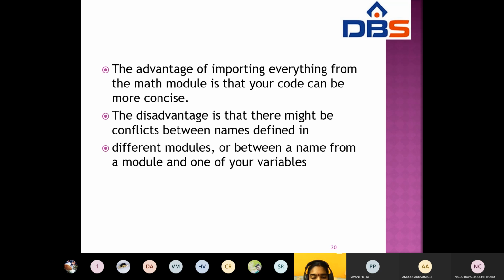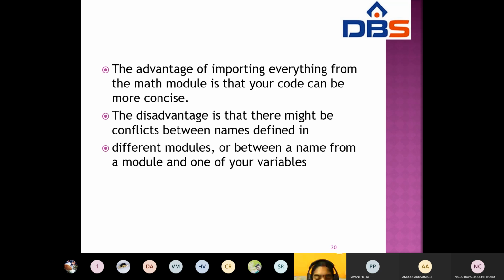What is the disadvantage? There can be a conflict between names defined in different modules, or between a name from a module and one of our variables.